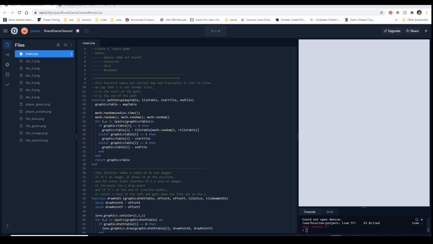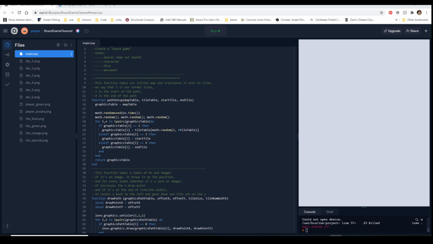Kind of the same way that we did when we had the bullet going off the screen and we said, hey, if you're off the screen, then delete yourself. You can do the same thing, where you would check to see, hey, is this within the screen? If it's within the screen, cool. If it starts to go out of the screen, or if it's at this point, then either change its direction or do whatever you want to do with it.